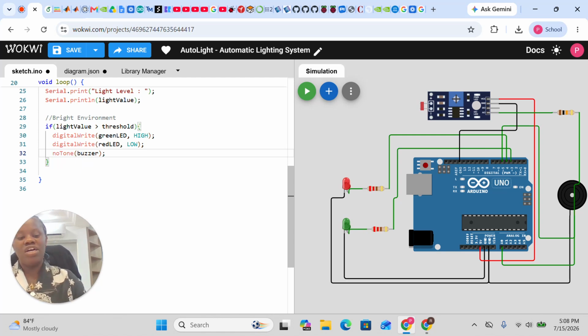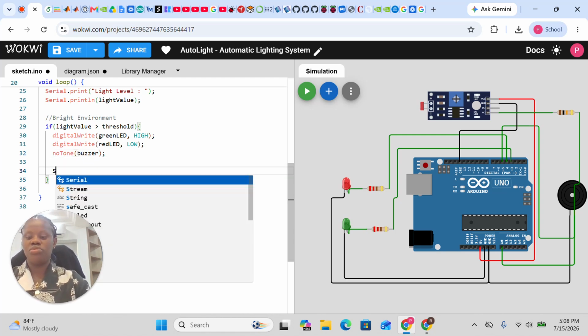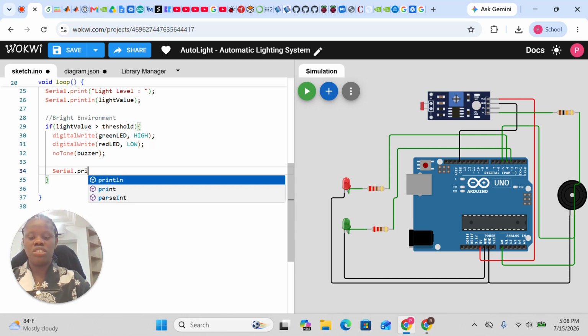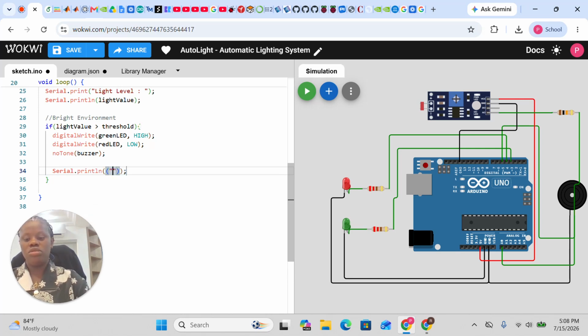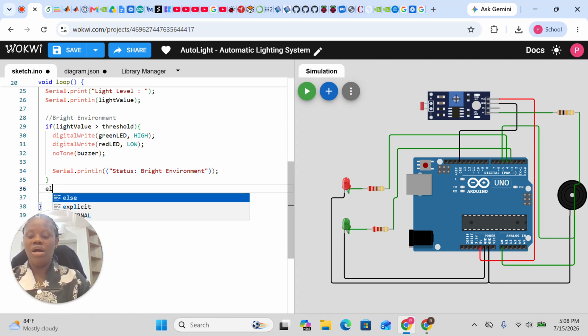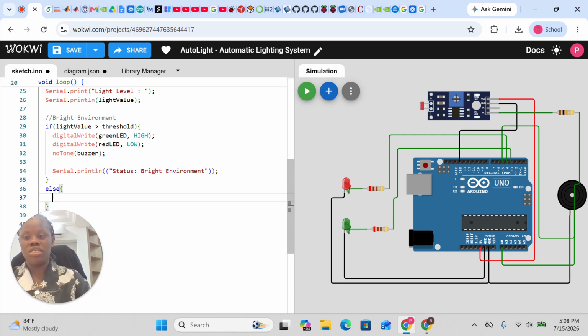And the status, we're going to print a status for it, Serial.println. The status would be "bright environment". That will be the new status that comes up. Then here, else, if that is not the case, if we have a dark environment,